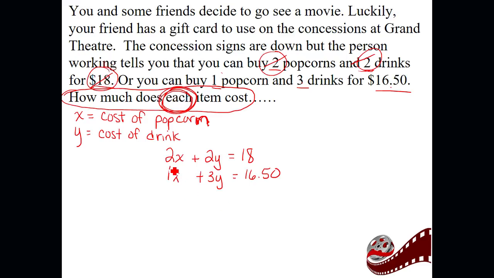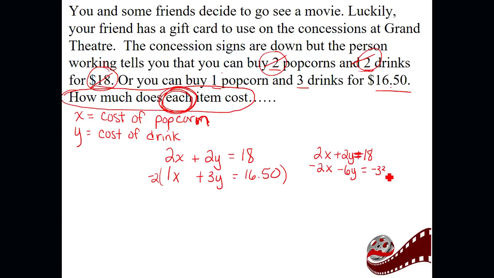I see I have a 2x up here. What would I want beneath that in order to cancel with that 2x? I'd want a negative 2x, right? Well, right now I don't have that, but if I multiply this one by negative 2, I can. So the top one I'm going to keep the same, equals 18. Oops, that's an equal sign. And then negative 2x minus 6y equals, and now here's where your calculator comes in, 16.50 times negative 2 is